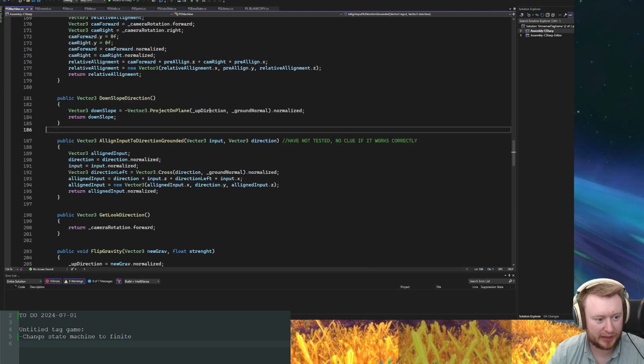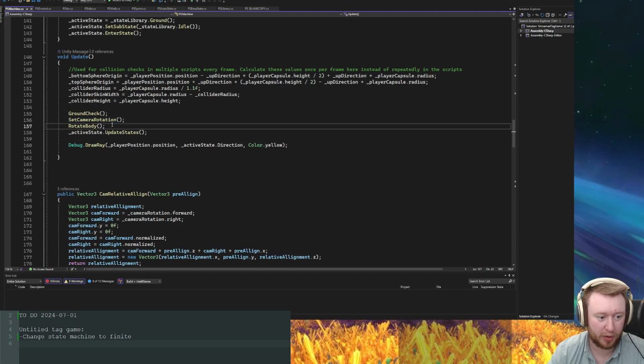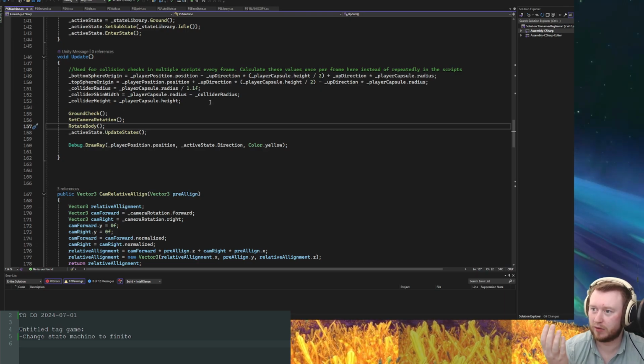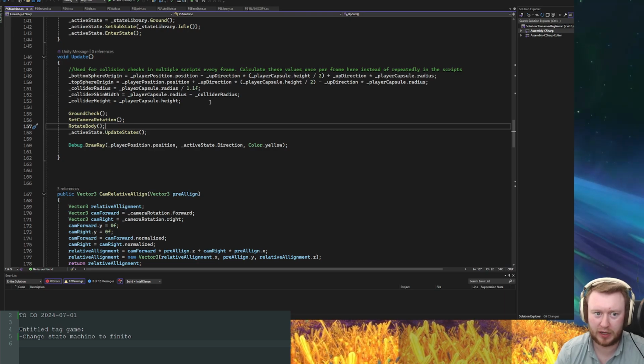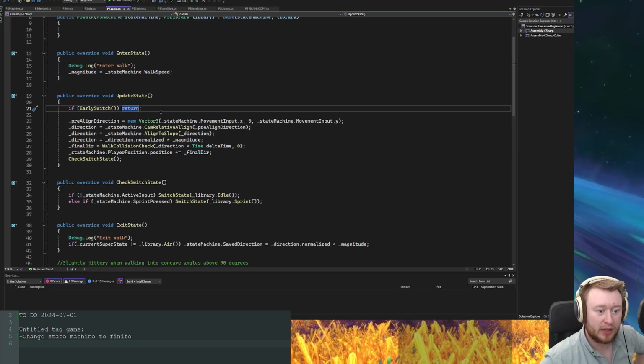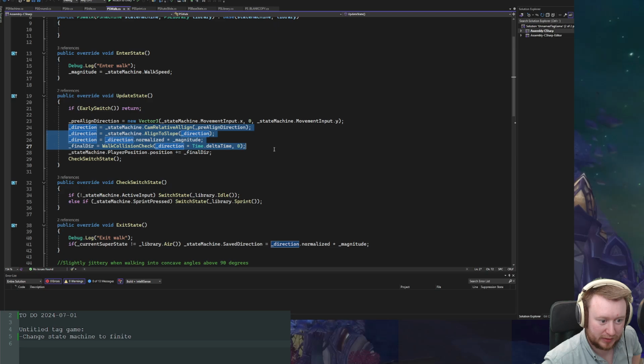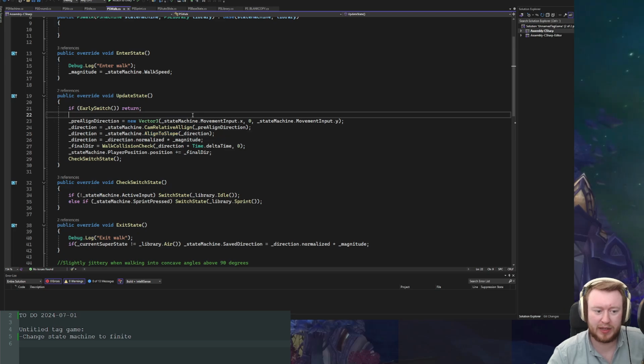I also, for example, had in the machine, currently in update state, I check if I'm on the ground, I set the rotation of the camera, and I rotate the 3D body of the player, and I guess the front side of the player gets rotated. But in the old version of the code, if you look at the walk thing here, essentially all of this would be in the state machine, which might be good if all of the states work in a very similar way. But since I wanted them to not do that, and I still had to push them through, and like the align to slope, imagine if you would be in the air quite a lot and you would still be aligning to the slope, which meant I had to,